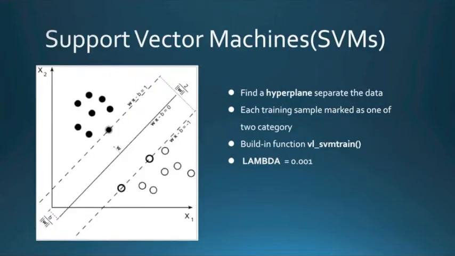We use SVMs as our second classifier. We directly formulate and find a hyperplane that separates the data. An SVM training algorithm builds a model that assigns a new test sample into one category or the other, making it a binary linear classifier. In our program, we use a built-in function called vl_svmtrain. This function will train linear classifiers to predict the category of every test image based on training samples. Every test feature will be evaluated with all 15 SVMs, and the most confident one will win. We assume lambda is